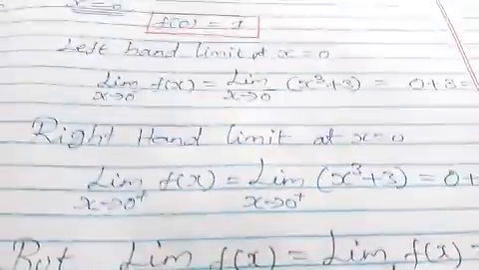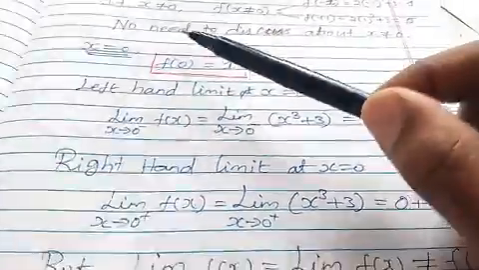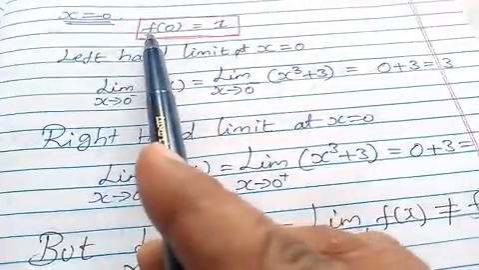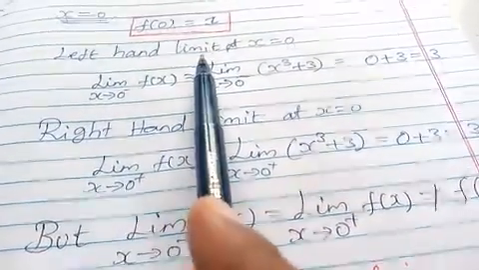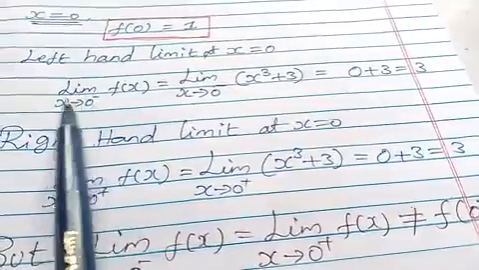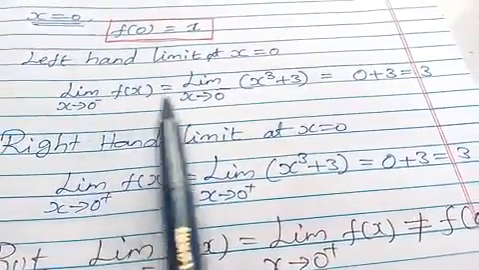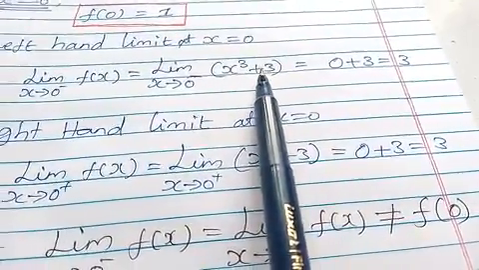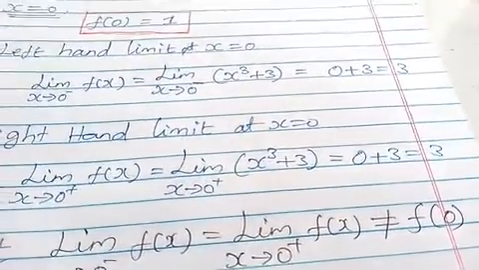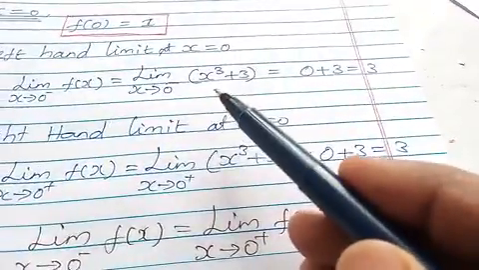Okay. When x is equal to 0, f of 0 will be 1, right? Because according to the question, when x is equal to 0, f of 0 will be 1. Left hand limit, what will happen? Left hand limit x is equal to 0, that f of x, what will happen? Left hand limit x tends to 0 will be x cube plus 3, because x not equal to 0. Because less than 0 will be minus